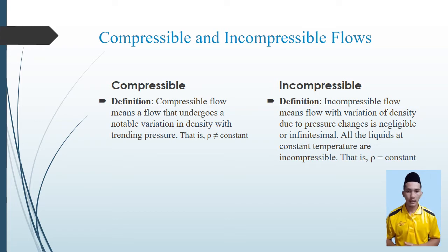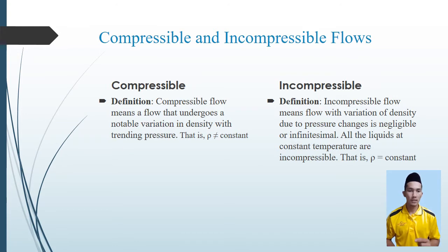Alright, after that, what is the definition of compressible and incompressible? Okay, the definition of compressible flow means a flow that undergoes a notable variation in density with changing pressure. So there is rho not equal to constant. For the definition of incompressible is